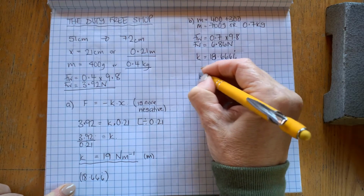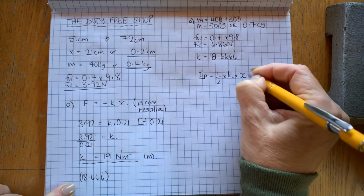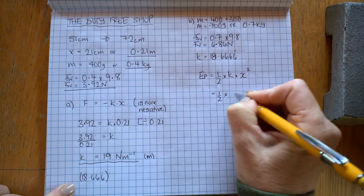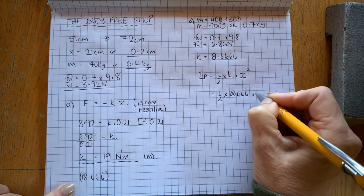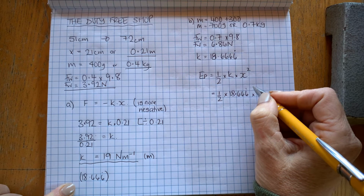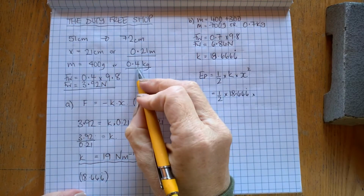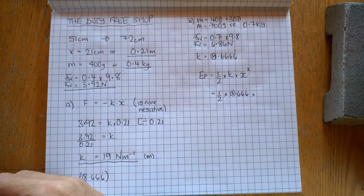And our elastic potential energy is 1/2 times kx squared. So we're going to do 1/2 times 18.666 recurring times, what's our spring extension? How are we going to work that out? We need to work out proportionally the difference